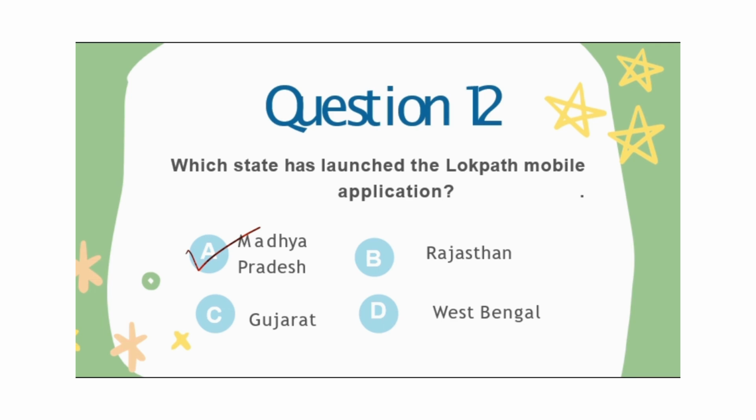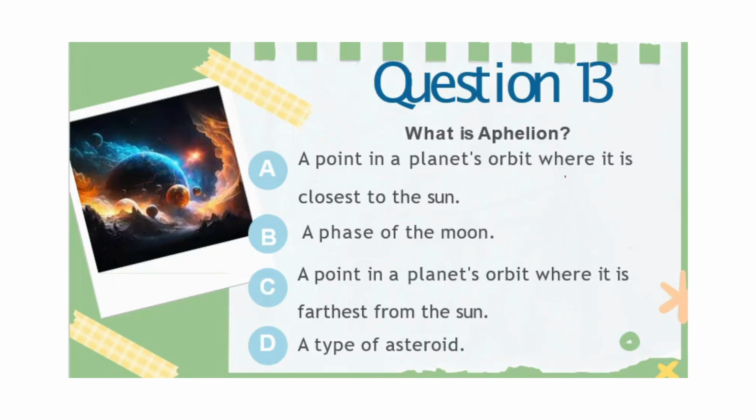Now let us move to question number 13. Question number 13 is, what is aphelion? Option A is a point in a planet's orbit where it is closest to the sun. Option number B is a phase of the moon. Option number C is a point in a planet's orbit where it is farthest from the sun. And option number D is a type of asteroid. So the correct answer here is option number C, a point in a planet's orbit where it is farthest from